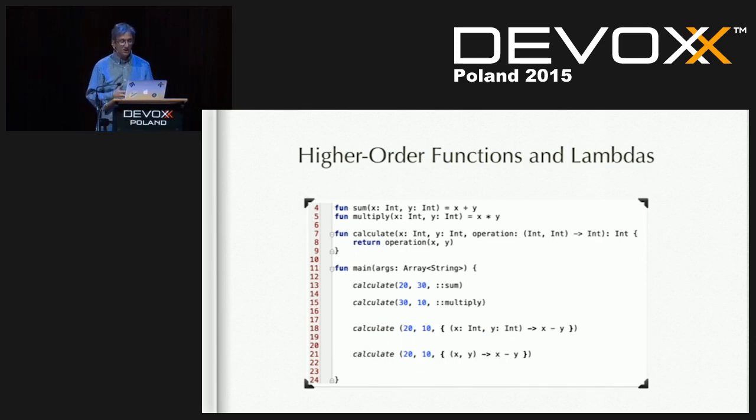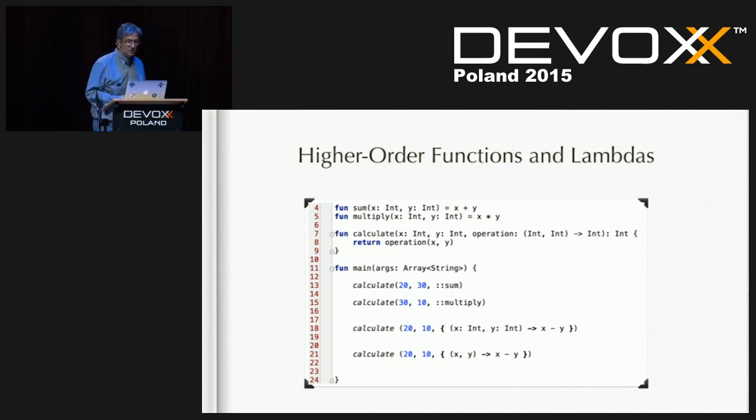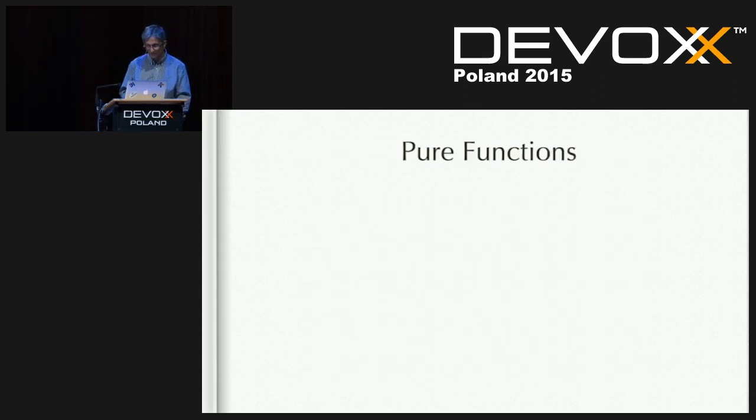A few more examples of higher order functions and lambdas. So the top one is a sum, the next one is a multiply, and then I have a function called calculate, which takes 2 parameters of type integer and a function that takes 2 parameters and returns an integer. And then I can call that by doing calculate 20, 30. I can reference the function by name. So the first one is just sum, then the second one is multiply. I can pass in my own lambda expression, and I can make a lambda expression more concise by using type inference. Okay? And that's really just enough for you to get a feel for the syntax so that the later slides make sense.